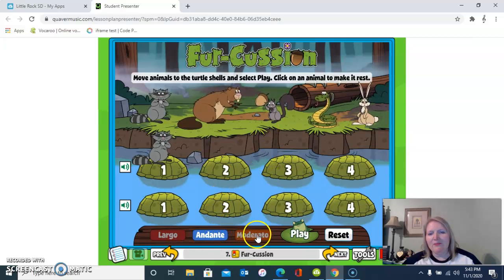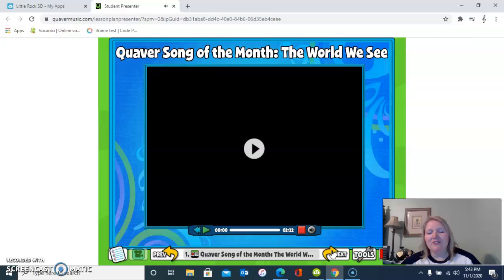And then also we have our tempos down here. Remember, largo is slow. Andante is a walking tempo. And then we have moderato, medium. So enjoy playing with those percussion sounds, and then that's